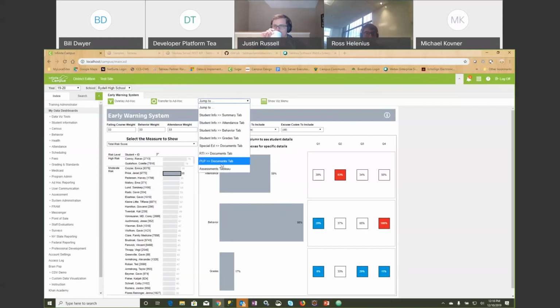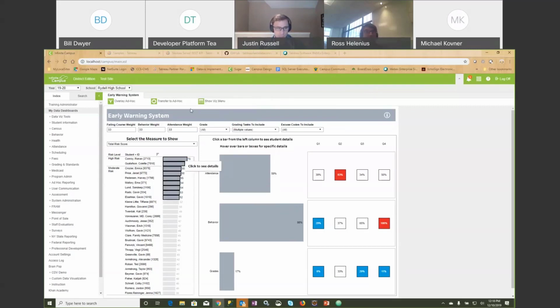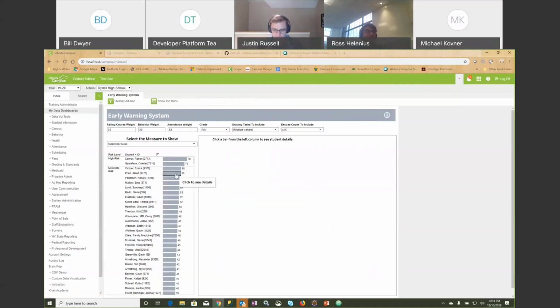And this is, again, an extensible list. So if I were to select multiple students, you'll see that the jump to drop down went away because the Marks listener said, no, you've got more than one. But if you still want to save those as an ad hoc query, you can. I'm going to go back and grab just one student to show you other ways that we can integrate in